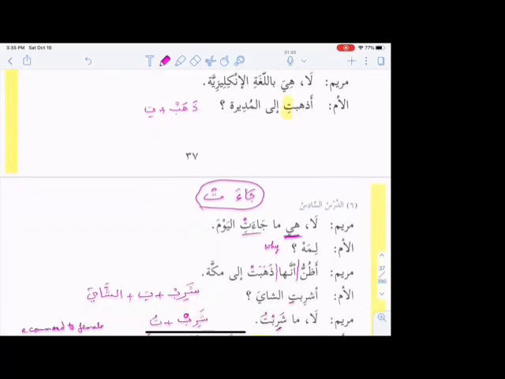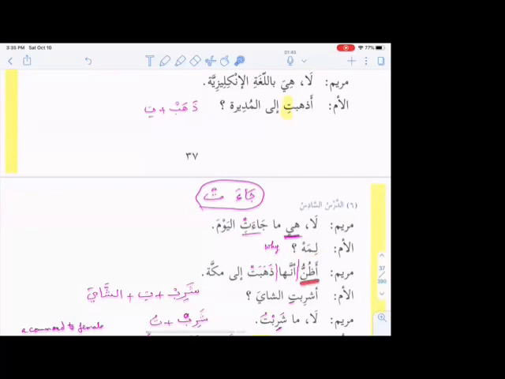Here, brother, lima alone. It has come alone. So what will you say? Lima. But if you say limaza, then there is no place for ha as-sakt, the silent ha. Why? Adhunnu. Oh, I think.